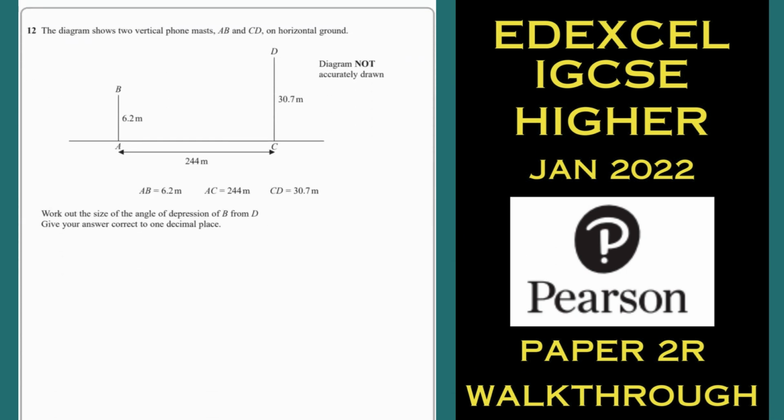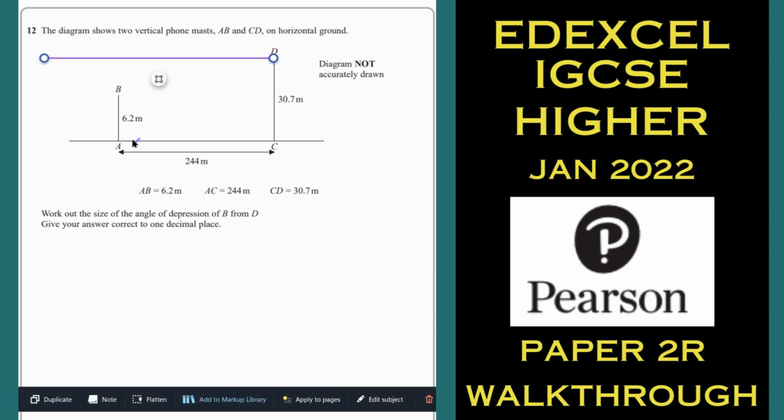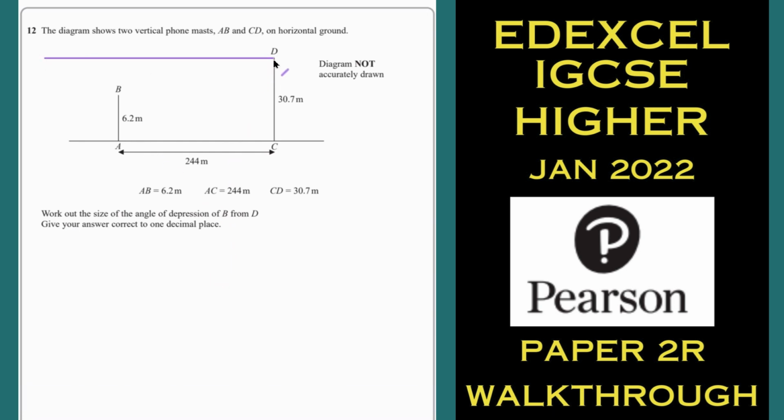Number 12. I've not drawn anything on here just to talk through the logic. Work out the angle of depression. Now let's not forget where that angle is. So if we draw a horizontal line from D and down and along,